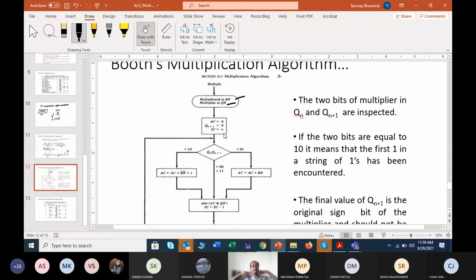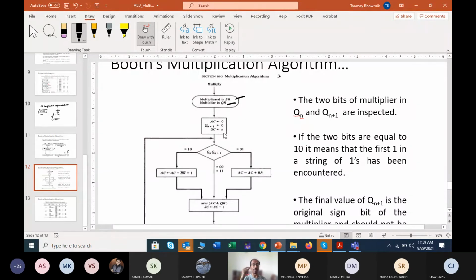You have to think about the number of bits present in your given number. Whenever it is a 2's complement number, all the bits come into action. That means all the bits you have to consider. There is no separate sign bit. When you are considering a signed number representation, one bit is kept for the sign. In that sense, you can say this sign bit I will not consider; I am considering the magnitude part. That is why n minus 1. But this may create some confusion in your mind. That is why, the simple point, I will always consider the number of bits present in my multiplier. The same number I will keep in my sequence counter.